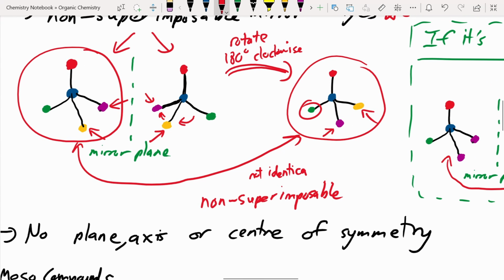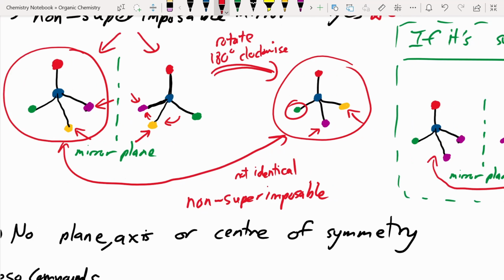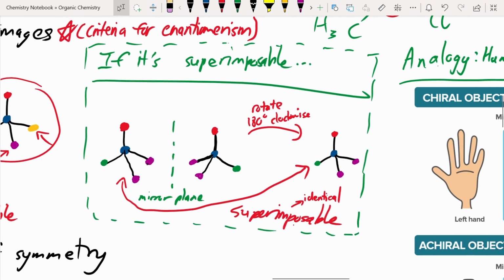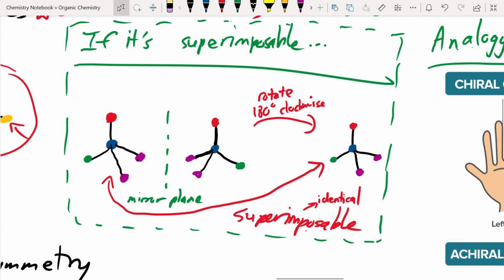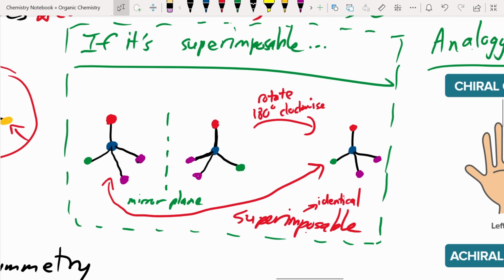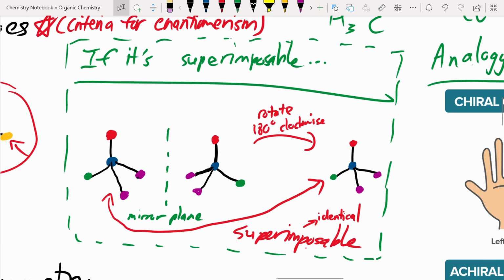Not identical. If it's to illustrate, if it's superimposable, and that is why I have to also say that the four different groups, four groups that are bonded to the carbon atom, must be different. You cannot have even two atoms being of the same group, because if there were two atoms of the same group bonded to the carbon atom, then you will realize that if you rotate this structure